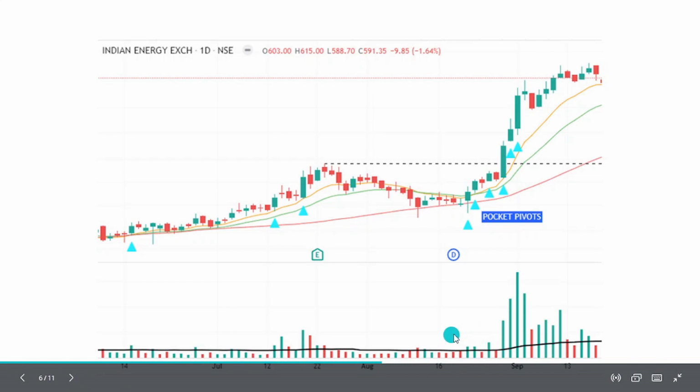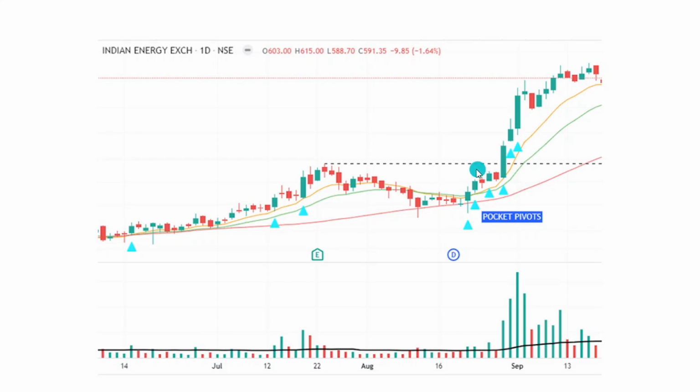The volumes are again drying up, and then on this day here you have the first pocket pivot, and immediately the next day you have some follow-up buying that comes. You find that before the breakout actually takes place, you have three pocket pivot days that have occurred, right? Traditionally, if you're trading the breakout style, this is the level at which you would have started buying. But this system now has given you an edge where you started to take positions or pilot positions much before a breakout has taken place. After the breakout, there was follow-up buying, and the stock really did move well.